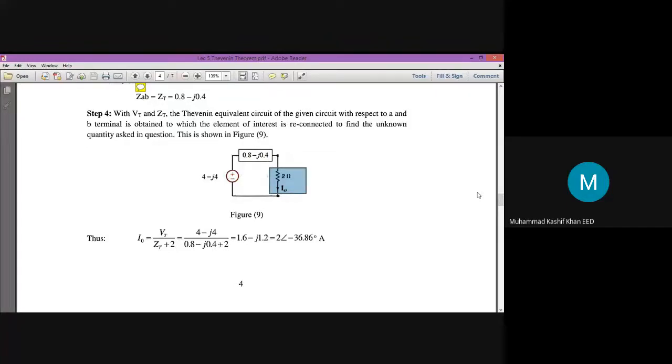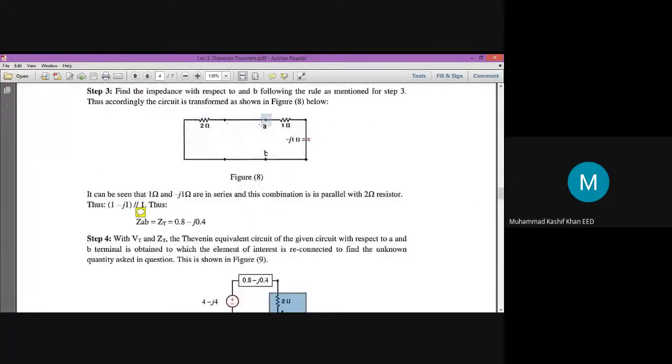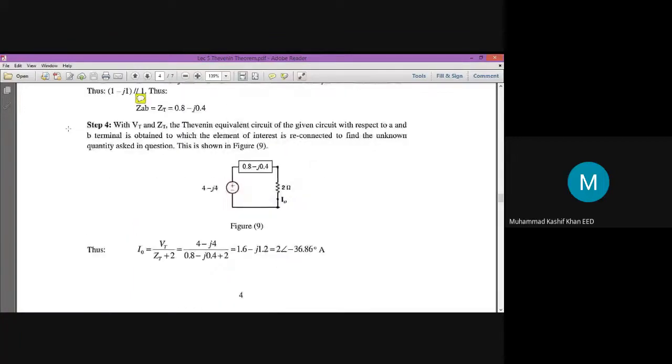The main thing is to find out the Thevenin equivalent voltage and the Thevenin equivalent impedance. So these are the two important things. The new thing in this lecture is only to find out the impedance. You are now well familiar with how to find out the potential at point A and potential at point B with the help of node analysis. That is the same old method. The only new thing is how to find out the equivalent impedance.